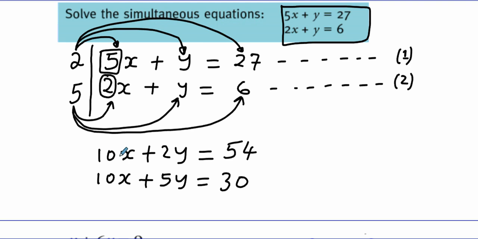Then can you see these numbers on x are now the same? We have 10 here, we have 10 here. So what do we do? The next procedure is to check the signs. Don't check the signs over here. No, I'm talking about the signs on the numbers of x. This 10 is positive, and this 10 is positive. Now, if you have same signs,